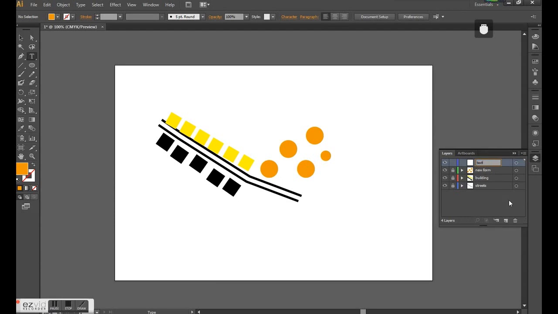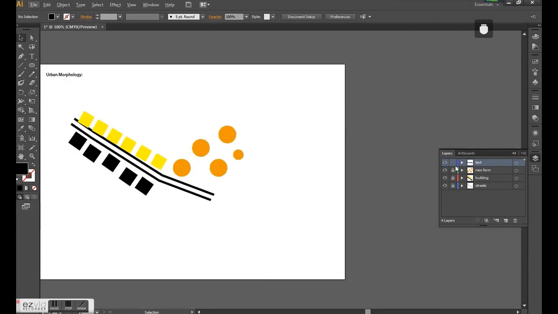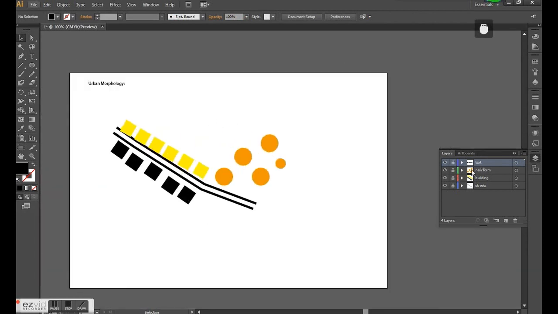Let's say text. You have another layer here, and then you click this type tool and you start to drag it, and then you can choose the font, the style, and the size, and then you can start to type in stuff like urban morphology here. Then what you can have here is this text layer,